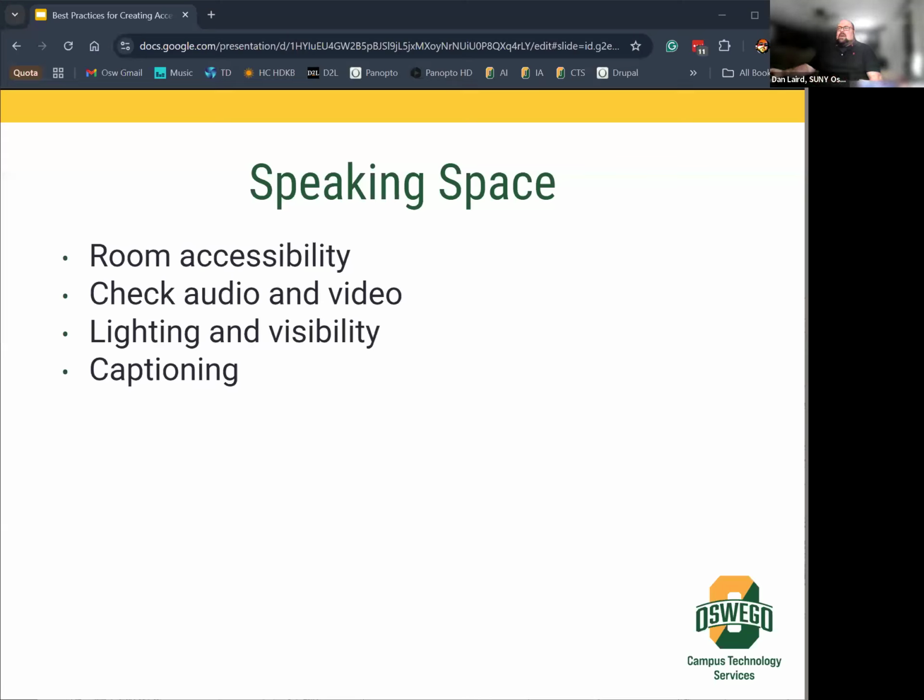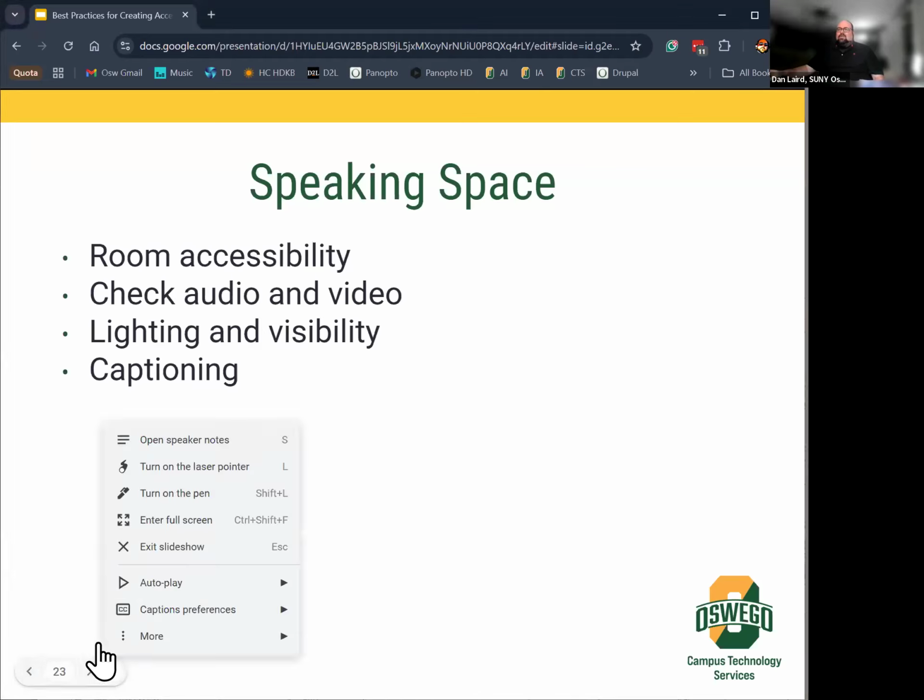And Zoom has captioning available, but if you're using something like Google Slides, once you're in presentation mode, I don't think you can see it if I click on it, but you hover down in the lower corner and there is a menu that allows you to do live captions. That's also available in PowerPoint. I don't know how to use that option off the top of my head, but if somebody needed to find that out, you can send me an email. I'd be happy to investigate it. But a lot of these products have the ability to do live captioning, and that can be helpful for your audience as well.